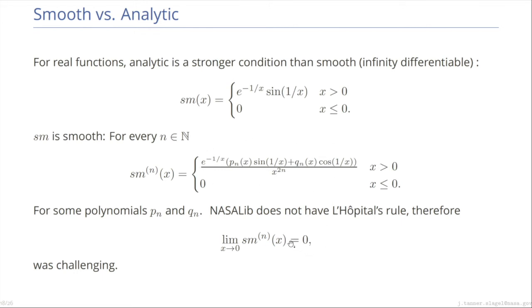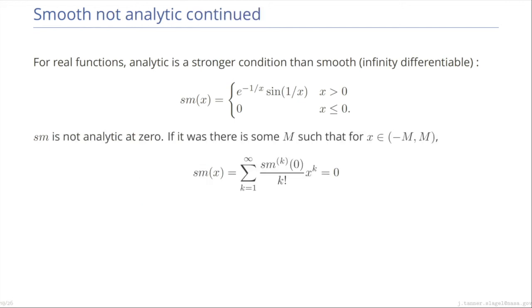Now, the normal way people would do this is use L'Hopital's rule. But L'Hopital's rule is not a trivial result. Even though we love to use it, it is not a trivial result to prove, and it isn't in the NASA library for PVS. So we had to find another approach to show that this limit was 0. It turns out that you don't need something as powerful as L'Hopital's rule. You just need some basic properties related to the mean value theorem and derivatives. Really fun proof there.